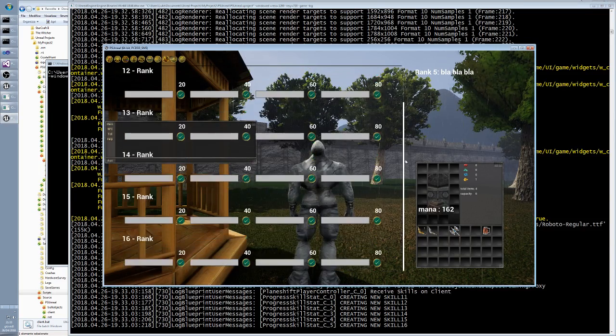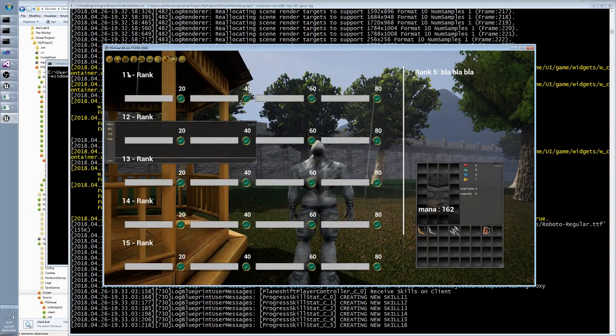Okay, so we get the ID proper, because 11, 12, 13, 14, 15, 16 are actually the 6 ways. 1, 2, 3, 4, 5, 6, right? Those are the 6 ways. This we get proper. We don't get the rank, but we know that, because we didn't populate it. What we get correctly as well is the number of the rank, so 20, 40, 60, 80, which is the